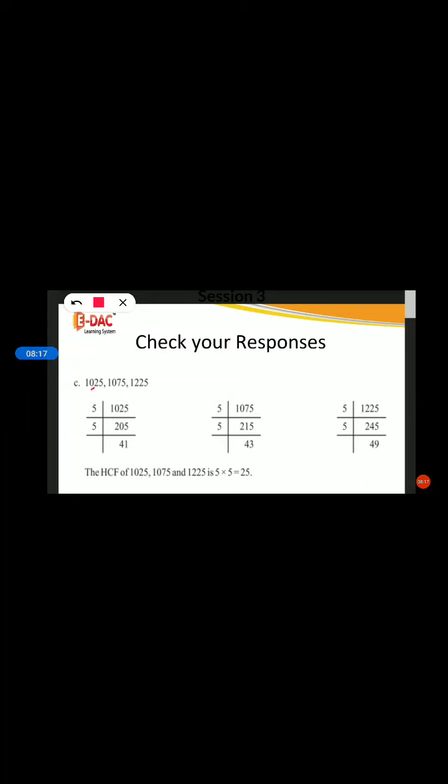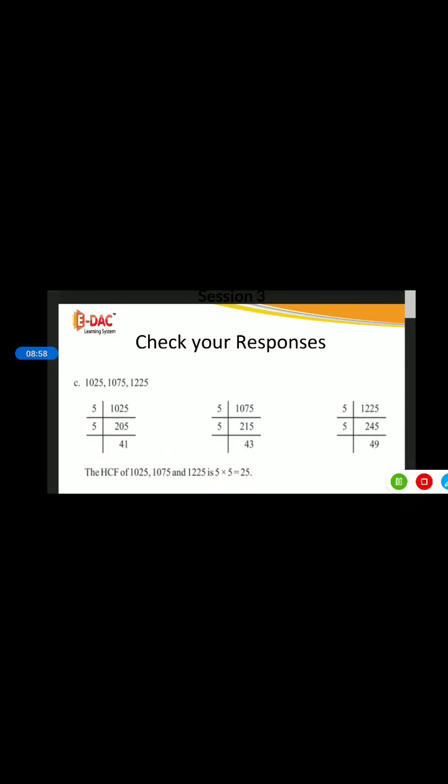If they are giving 3 numbers, you need to divide all the 3. Okay, now 1025 divided goes in the 5 table. 205, again 5 table, 41. After this it is not divisible. Okay, you just leave it. Next you see 1075, 5 table divides to 215, then 5 table, 43. This will go only in the 43 table. So 43, here you will get 1. I said till 1 you will need to divide, right? 41, again 41. Understood students?